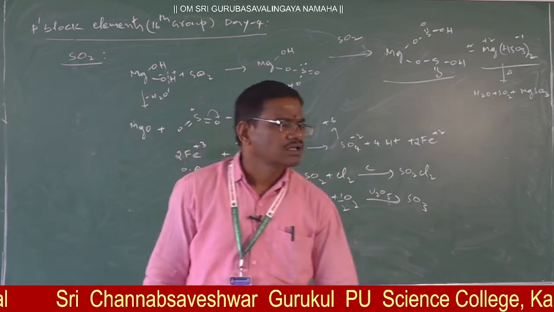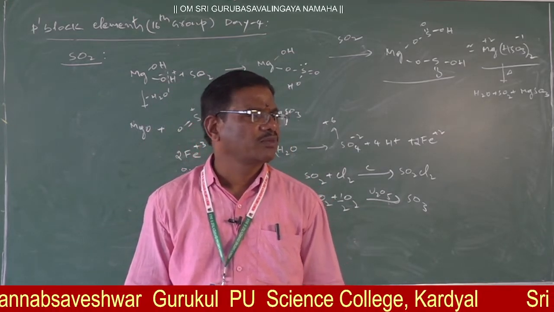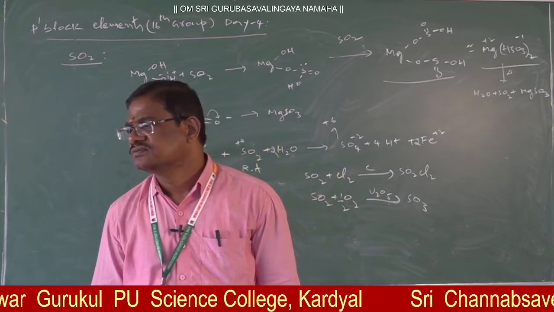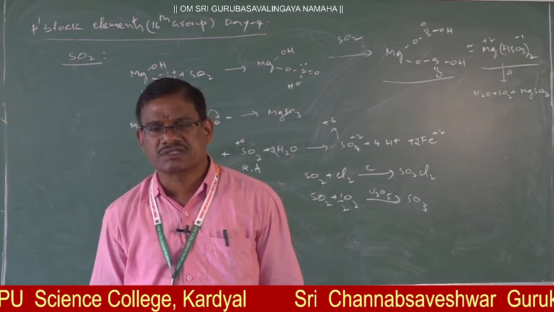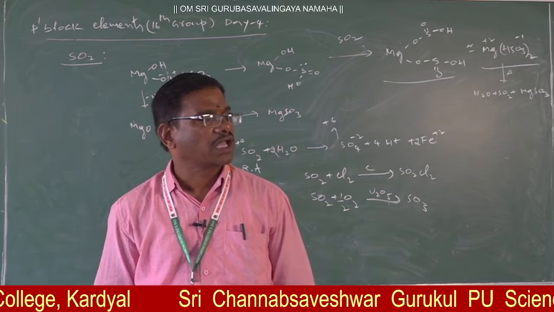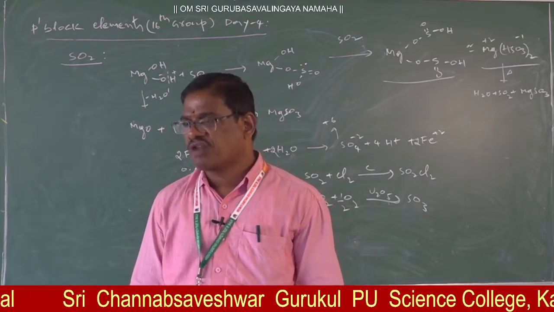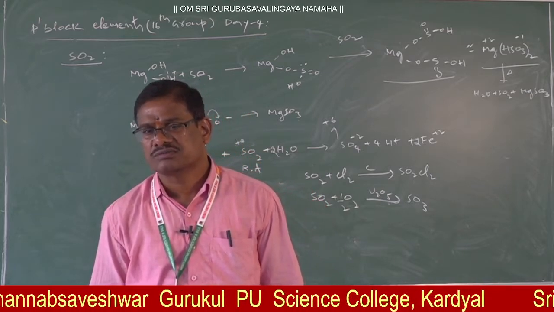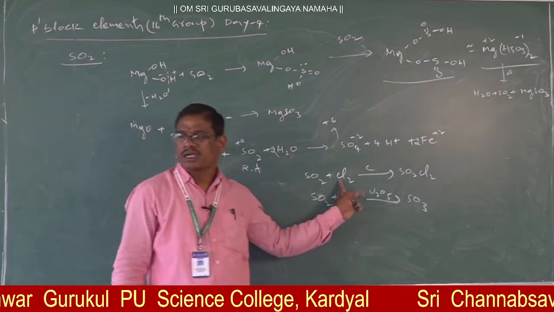And uses: as a disinfectant, it is used to create an acidic medium, and as a reducing agent it is used. Clear na? It can decolorize some colored substances, wet colored substances. And in the manufacture of magnesium sulfite, calcium bisulfite, magnesium bisulfite and sodium sulfite, like that salts preparation, sulfur dioxide is used. And as an anti-chlor it is used, anti-chlor being nothing but excess chlorine removal.